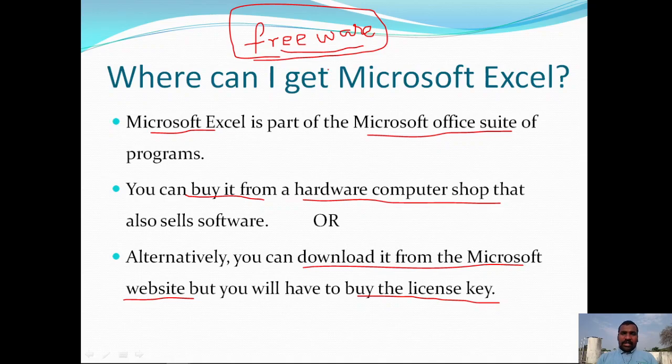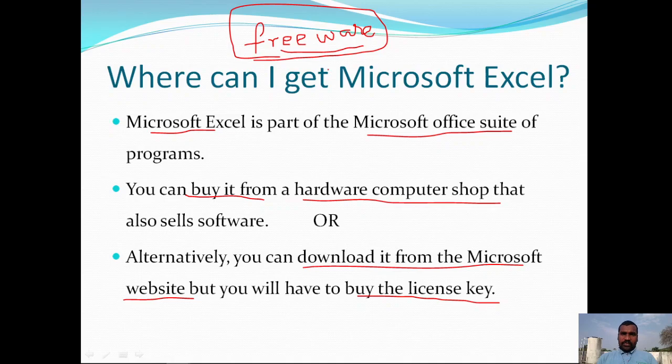But coming to Microsoft Excel or the Microsoft Office Suite, it is not freeware, it is proprietary software. So if you want to use this proprietary software, you need to pay some fee in the form of a license fee to get the license key, a valid key. Then you get the licensed version of Office Suite.